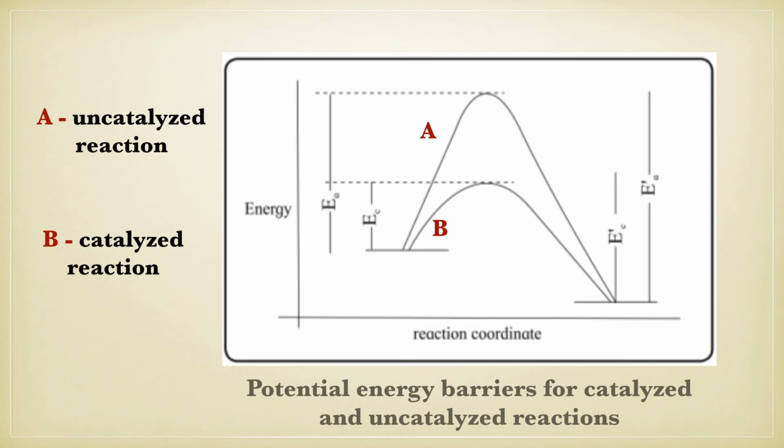Now what is energy of activation? Energy of activation is the minimum quantity of energy which the reacting species must possess in order to undergo a specified reaction. So it is the minimum amount of energy needed by the reactant so that it can turn into the product. If that barrier of the energy of activation is reduced, it will complete faster. So whenever I use a catalyst in a reaction, it speeds up the reaction. How does it speed up the reaction? By decreasing the energy of activation.